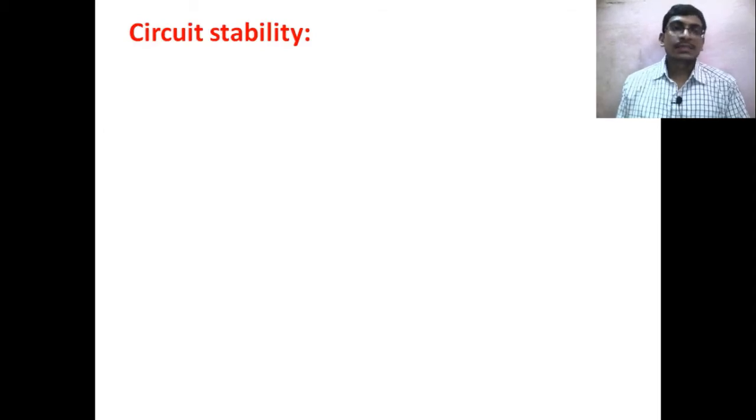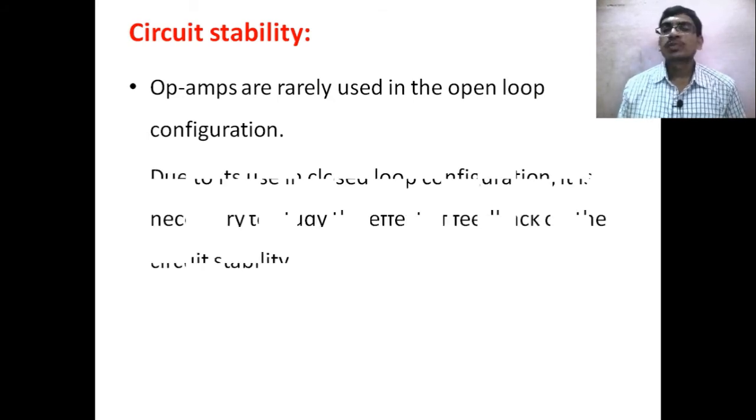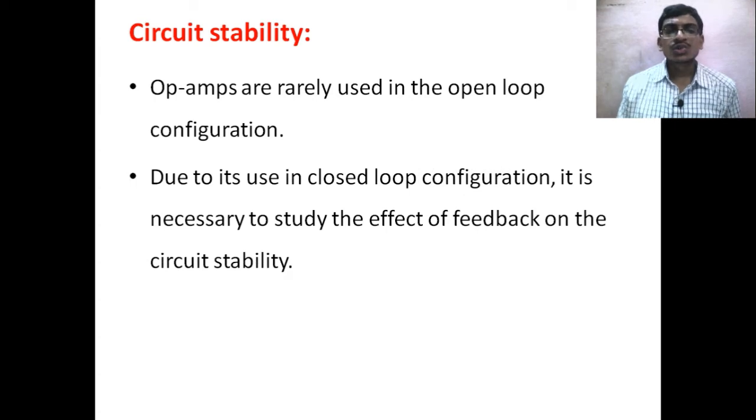Let us discuss circuit stability. Op-amps are rarely used in open loop configuration. Most of the time, these operational amplifiers are used in closed loop configurations only. Due to this use in closed loop configuration, it is necessary to study the effect of feedback on the circuit